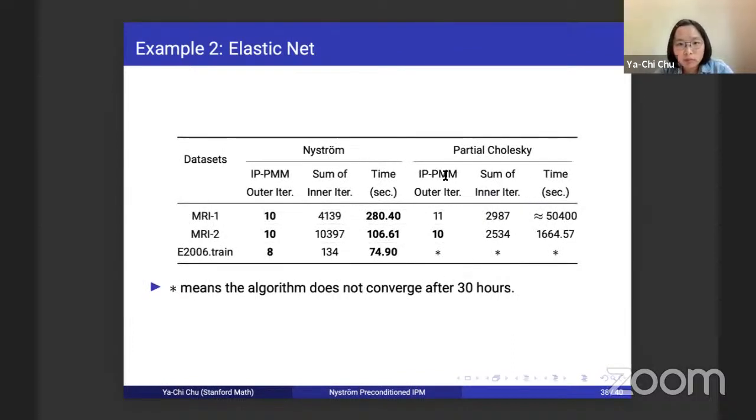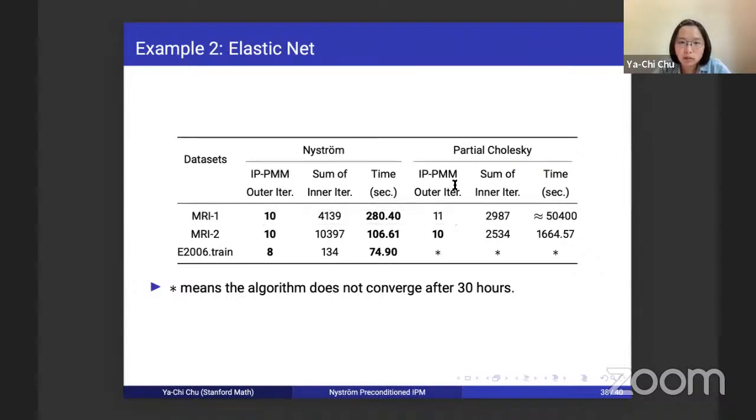But currently our implementation for partial Cholesky is still a little bit too memory consuming. As you can see, it takes much longer than the Nystrom preconditioner. So we suspect that we didn't do the implementation in a good way. So I think we still need to improve the partial Cholesky implementation, but we can still see that